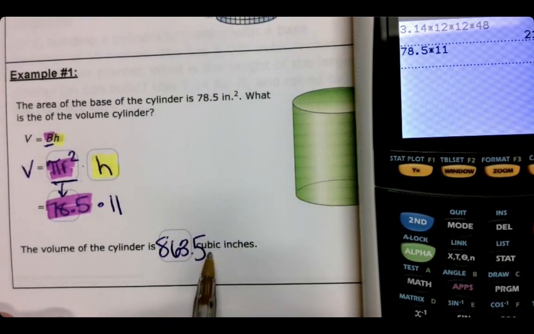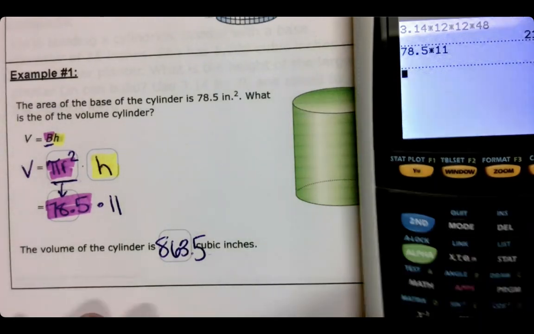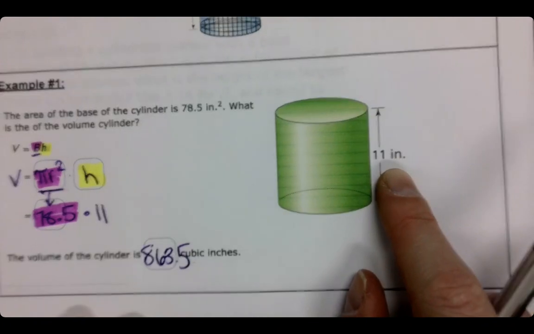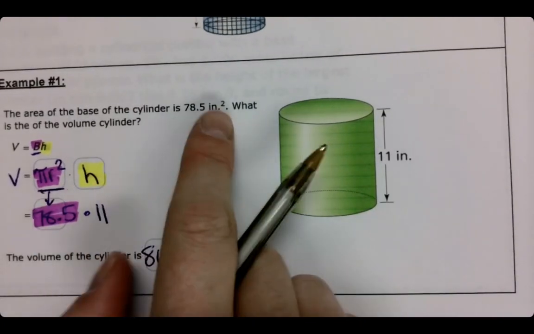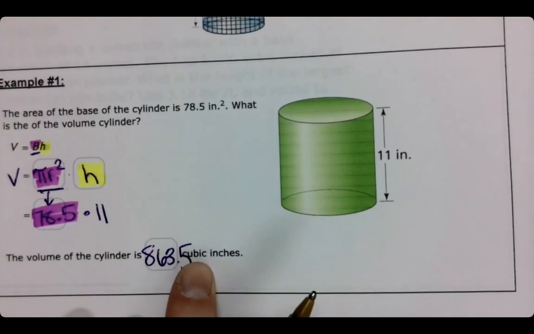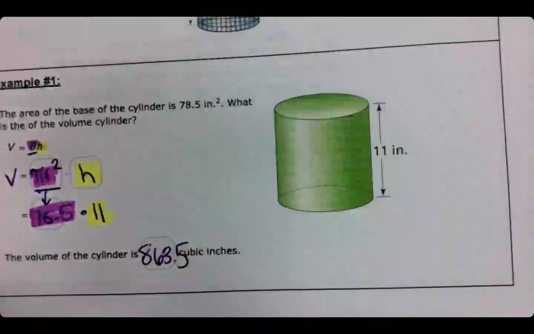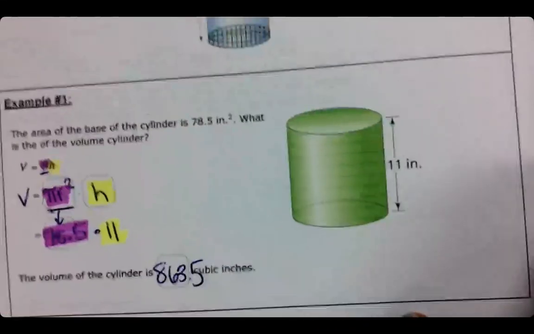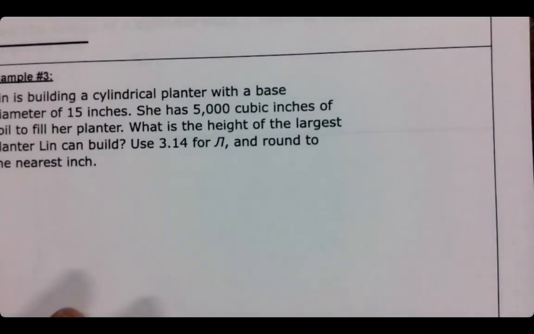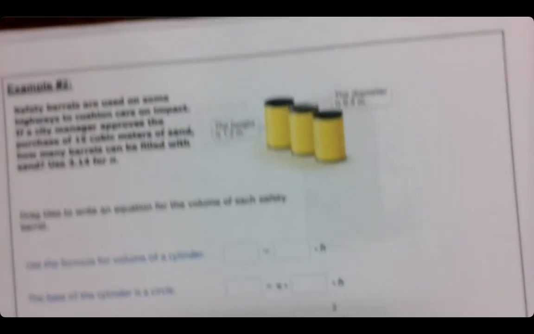863.5, and it's always cubic units. Volume is always cubics, right? One side would just be a plain number, then our area is squared, and volume is cubed. Okay? And again, I will add in that highlighted of what the height is. Okay? So now let's do one where we are not given